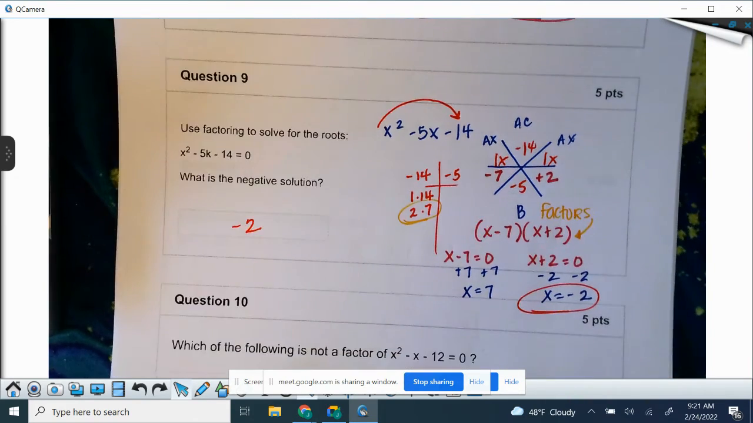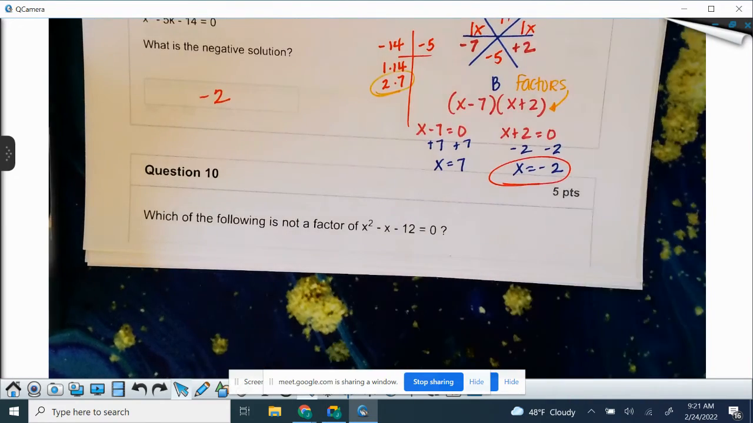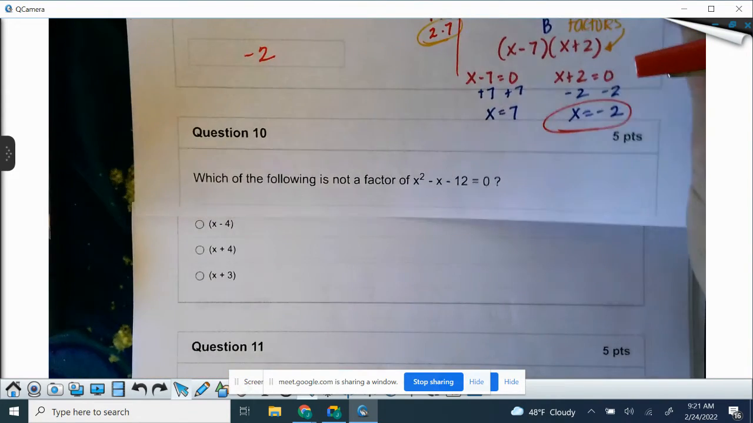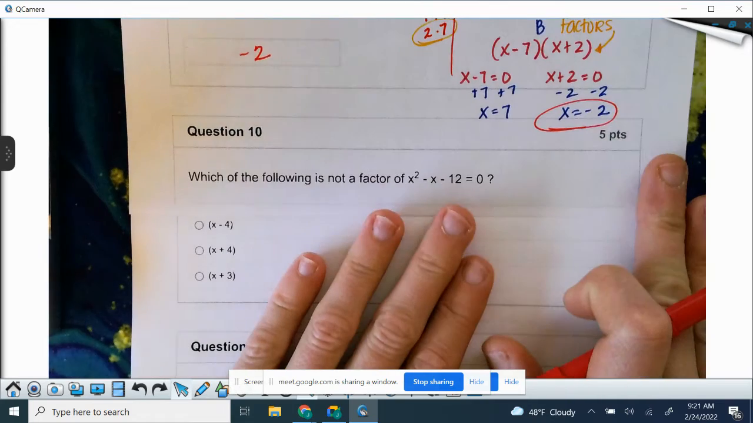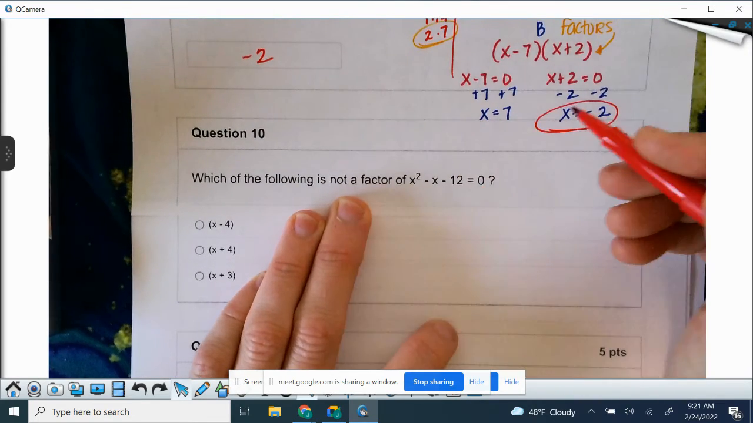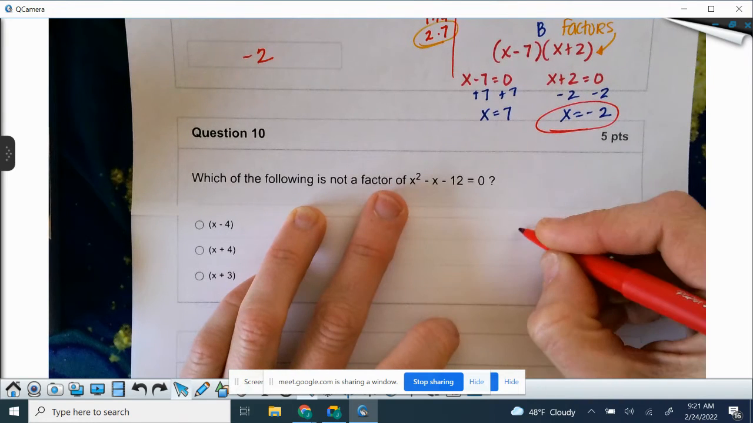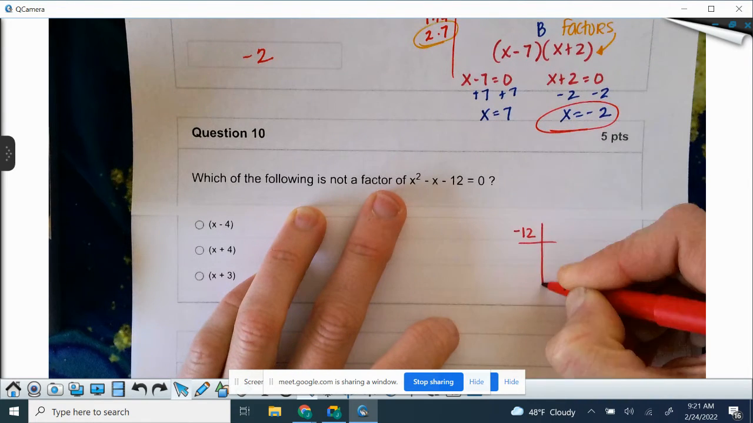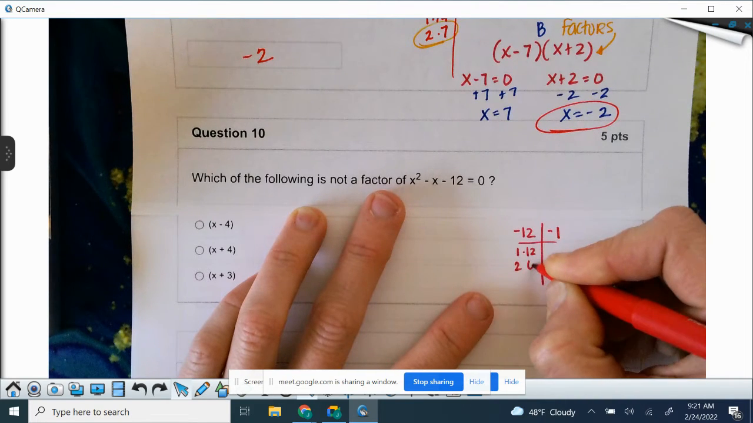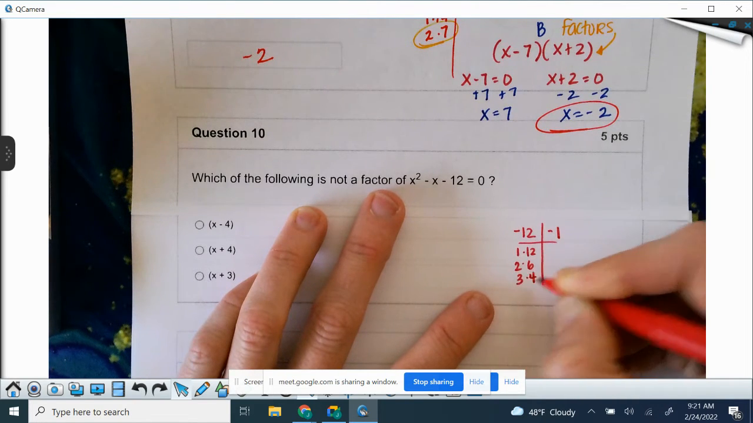Not a factor of x squared minus x minus 12. See if I can get them both to show. Yep. So again, you could do your whole star, or just think about you need things that multiply to give me 12 that will add or subtract to give me 1. So 1 and 12, 2 and 6, 3 and 4, and then the next number would be 6 again, so